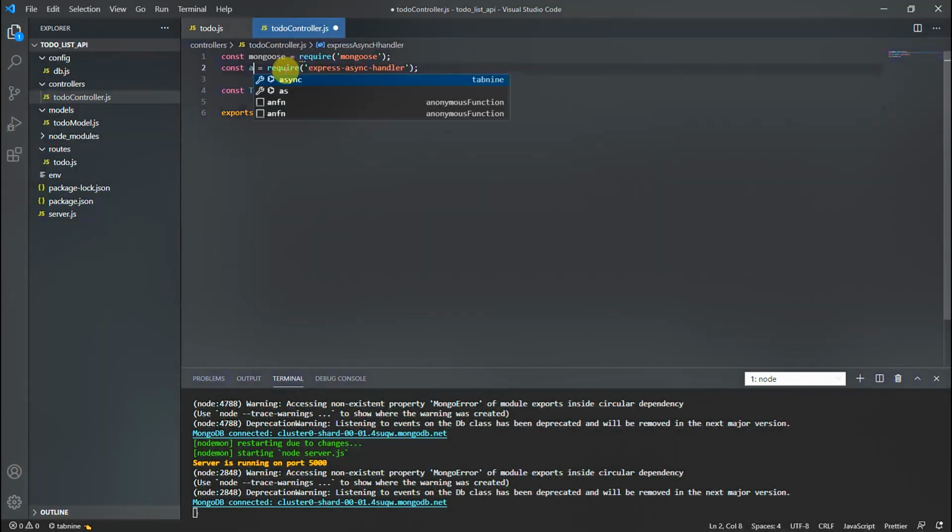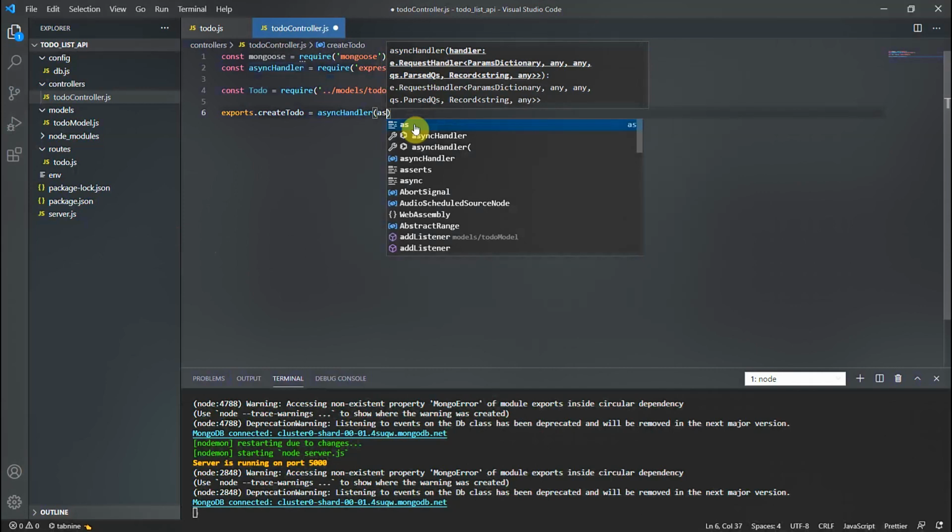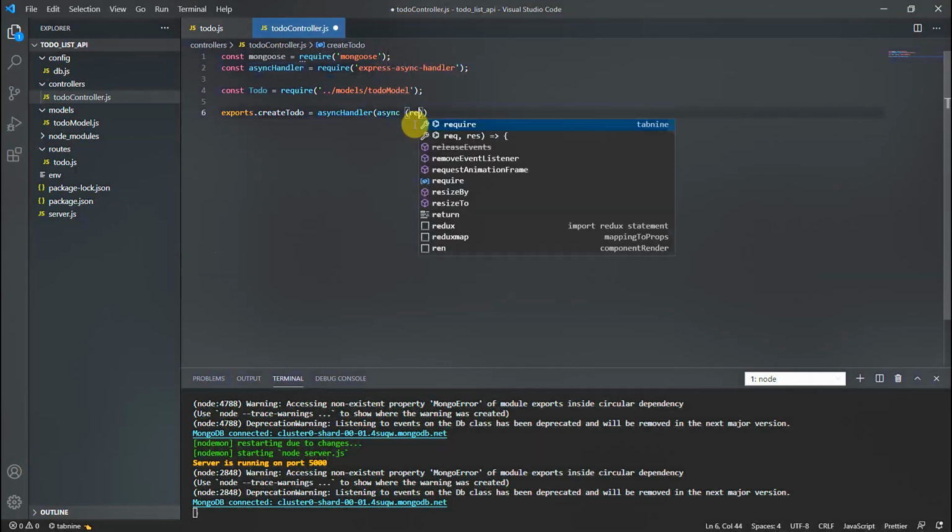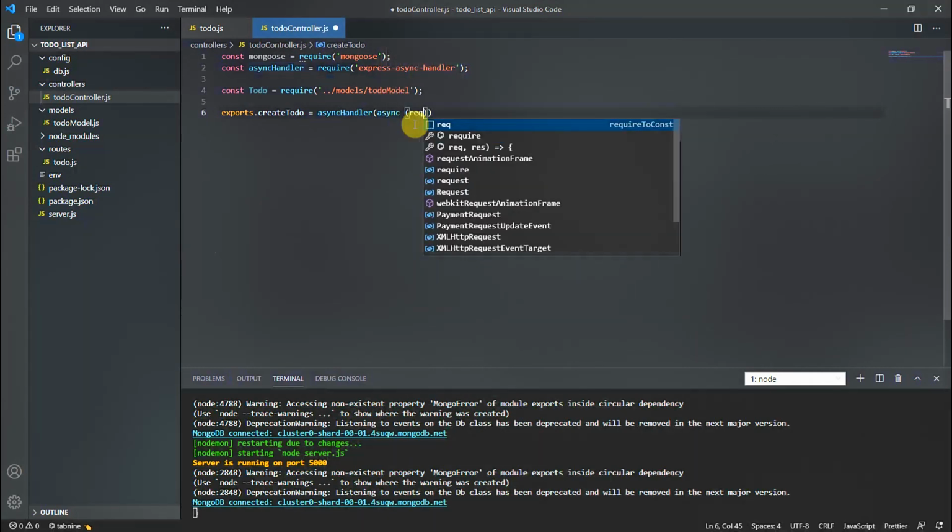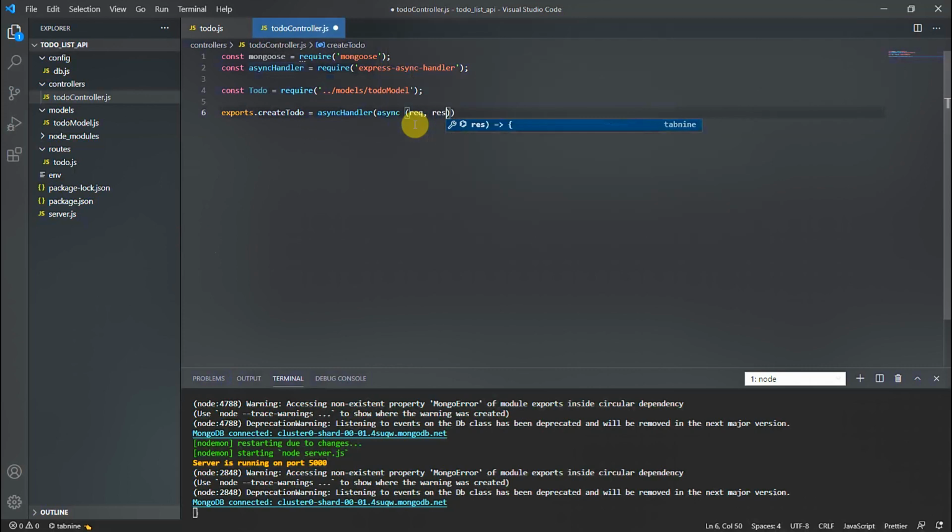Okay, I am writing this asyncHandler only. So asyncHandler, then async. We will pass two parameters: first one is request, then response, then next, but next is not needed, so you don't need next.